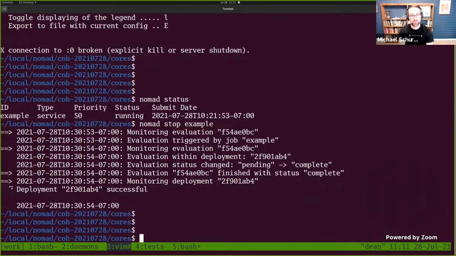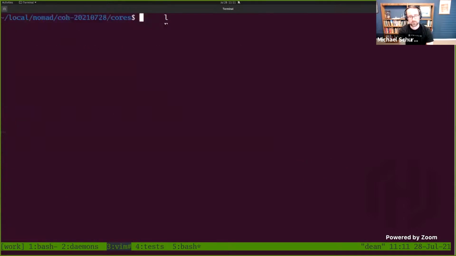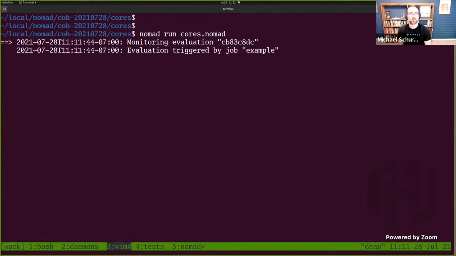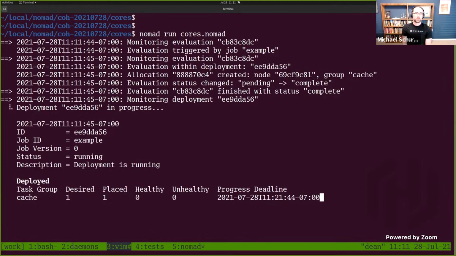Let's actually run the thing. If you haven't upgraded Nomad to get the new deployment UI or text output that you're seeing right now, you definitely should. This is super cool.